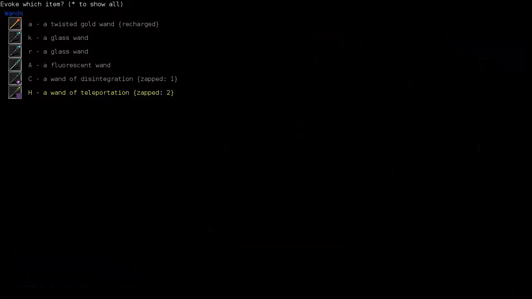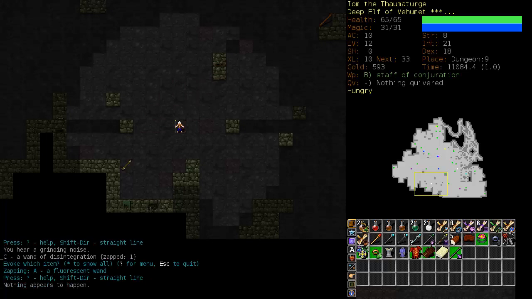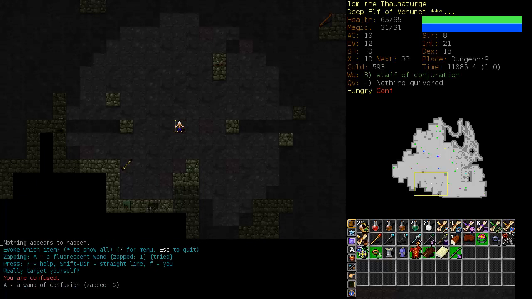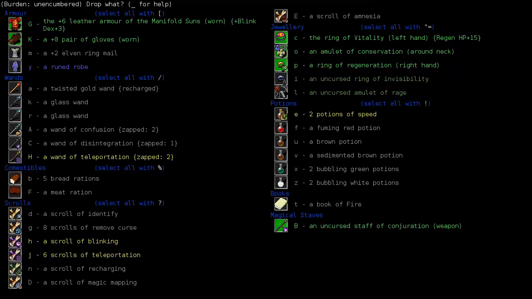Disintegration, that's a keeper. Statues. I think the wand of polymorph will actually polymorph you now. And we might find out here. Confusion, we don't want that. I mean, it's a good wand, but